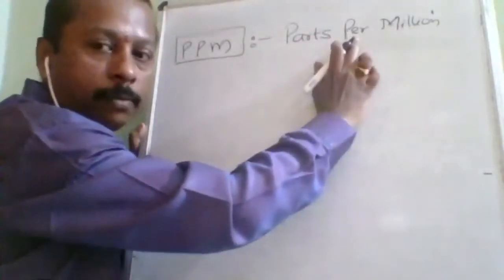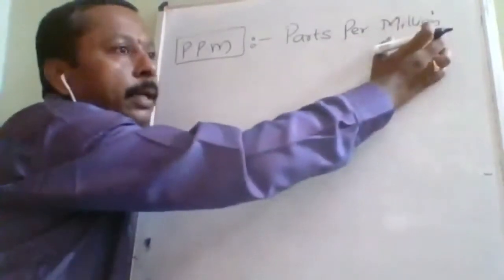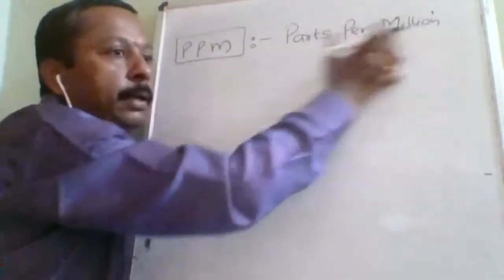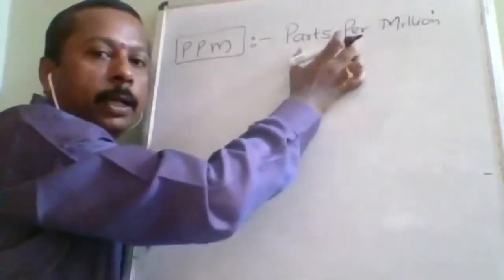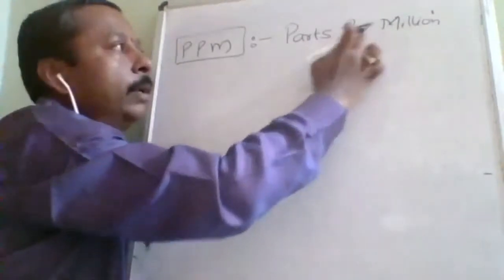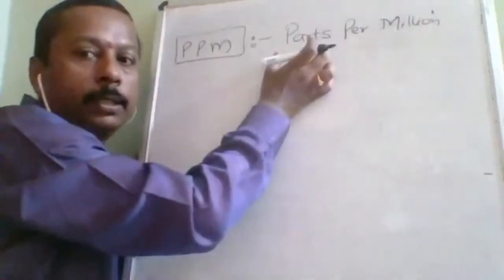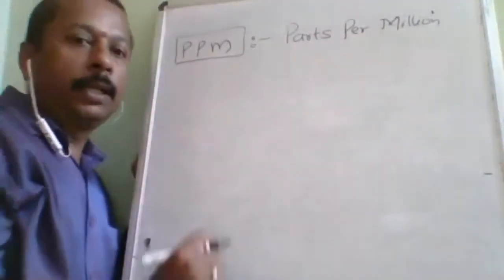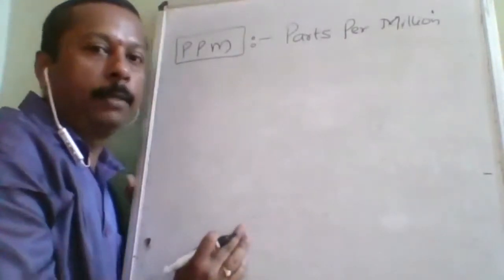Okay. Which word is making it unitless? Per. Okay. So 1 million liters contain how many liters? 1 million grams contain how many grams? 1 million molecules contain how many molecules? The word per is used only when both quantities have the same units. Okay. So that's why there are no units for ppm. But as a suffix, what do you write? ppm.